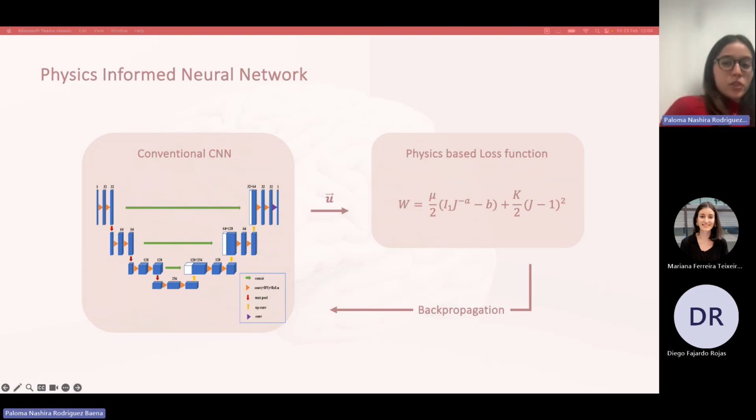The physics-informed neural network would integrate this physical knowledge into the model by optimizing the physical concept. Therefore, the PINN would minimize the strain energy density of a deforming hyperelastic material. And therefore, this would encourage the model to produce physically plausible solutions according to what the Neo-Hookean model can describe. However,